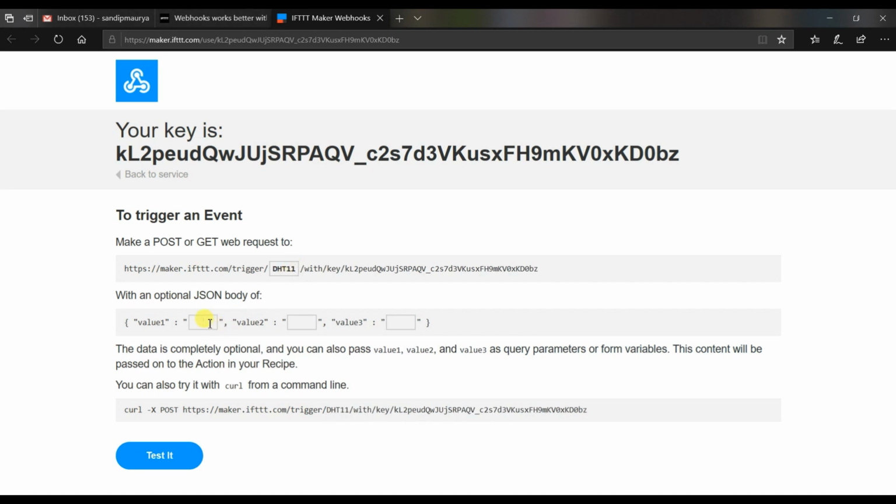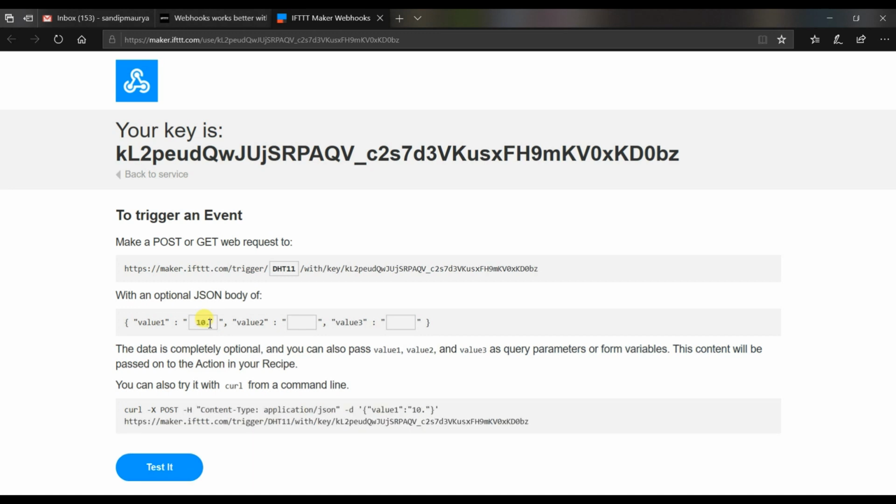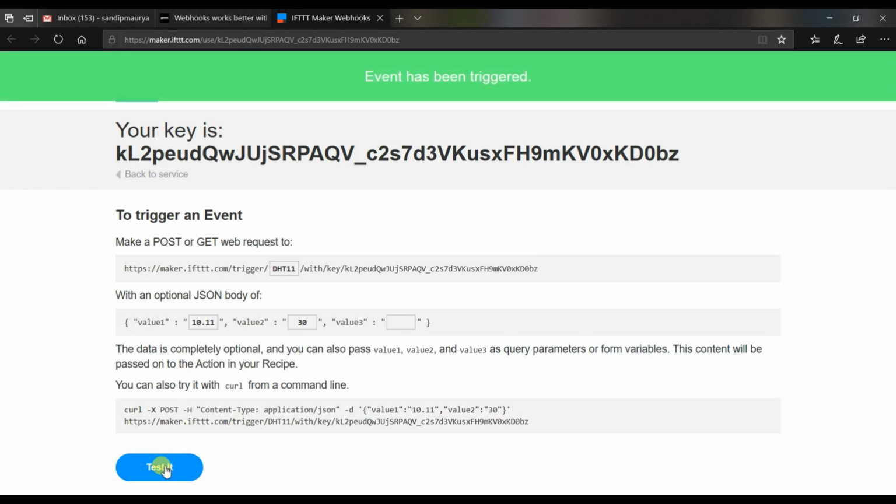Here we have to write any values: 10, 11, and here 30, and test it. The event has been triggered.